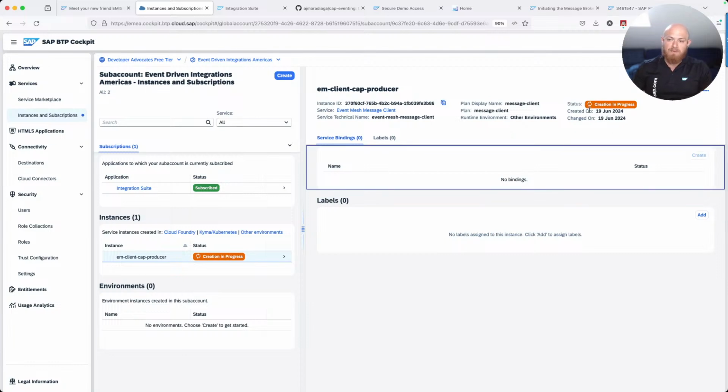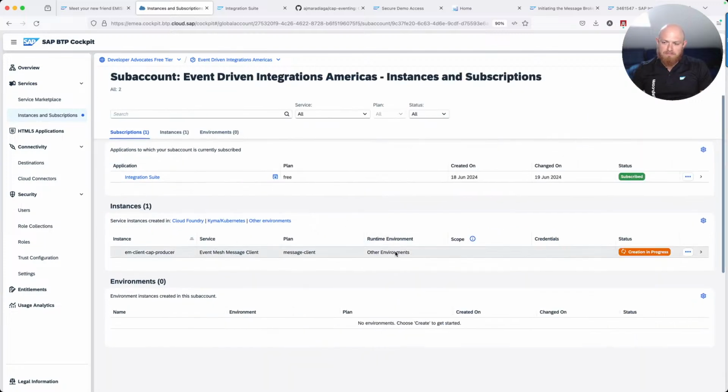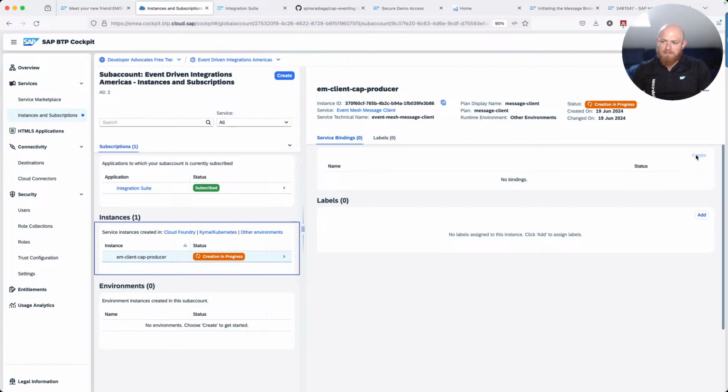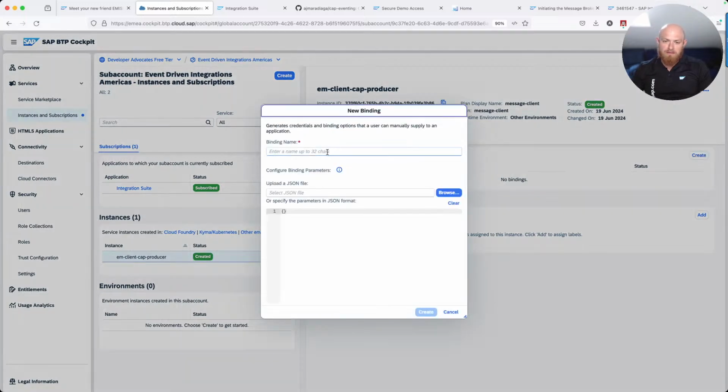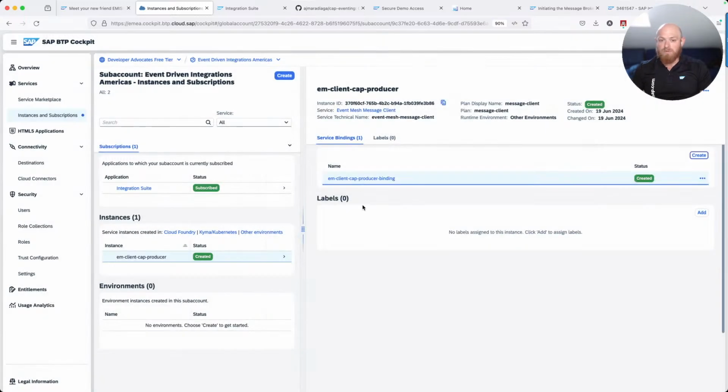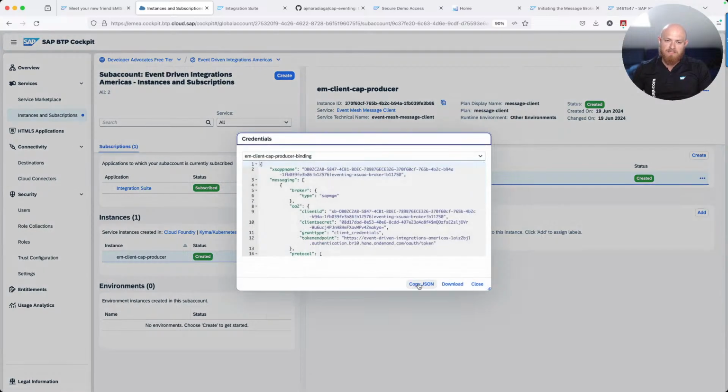Yeah, it's taking a bit, but let's be a bit patient. Okay, so creation, come on. I need you to finish creating this. Okay, cool, ready, create a binding, create this, and you'll see here that it will basically give me those credentials that I need. Okay, so I'm just going to copy this JSON, and in the end, I'm just going to paste it in my